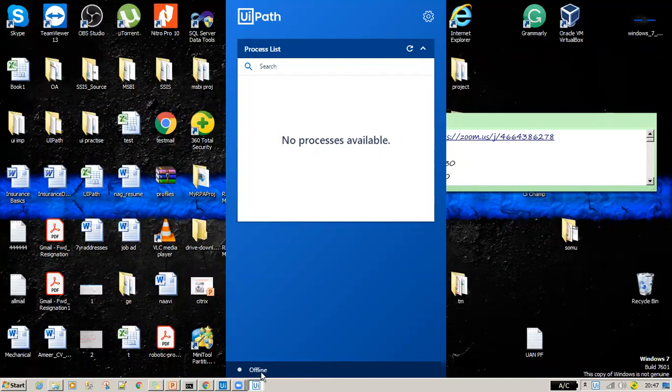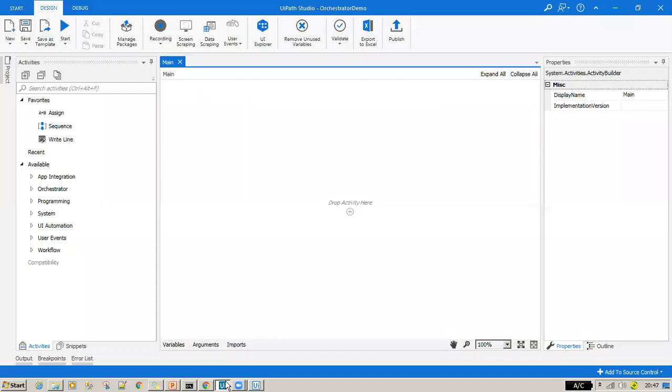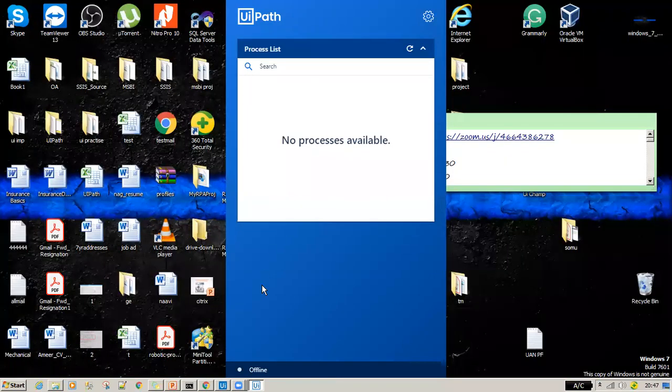So basically, whenever you get in a project, ensure that UiPath Studio is installed. Apart from that, open this UiPath Robot and make sure that the status is not offline, but connected, and it can be licensed or unlicensed depending on your studio type. If it is an enterprise edition, usually it is a licensed type.